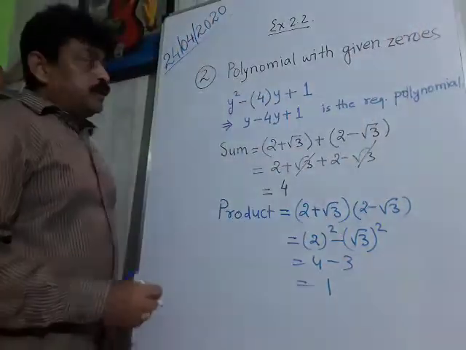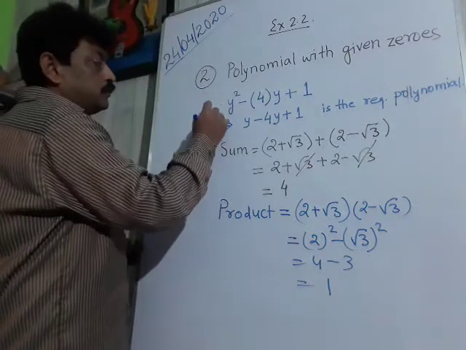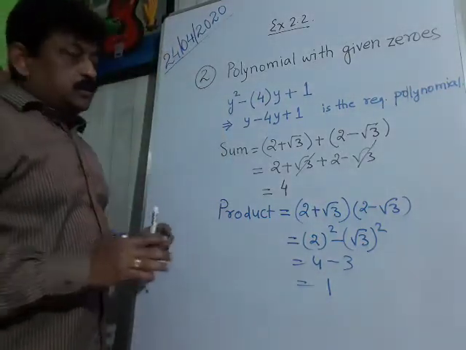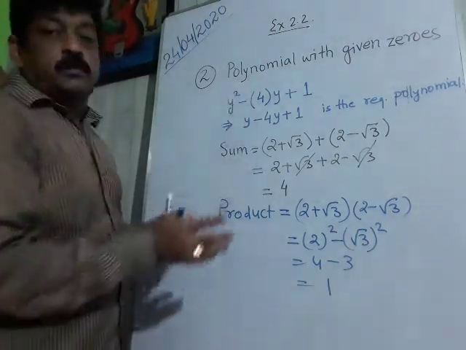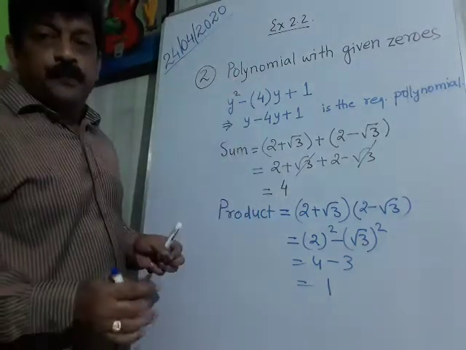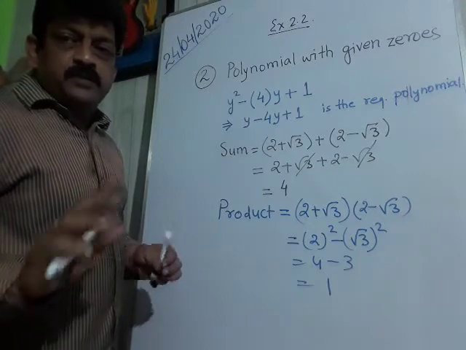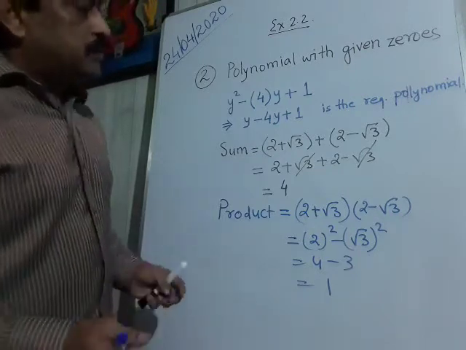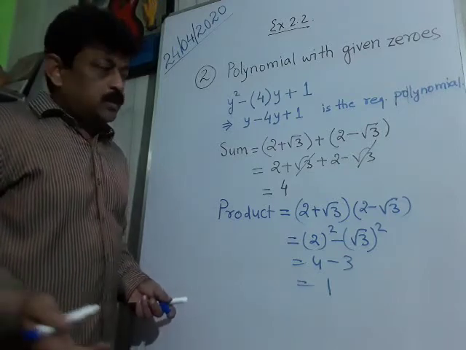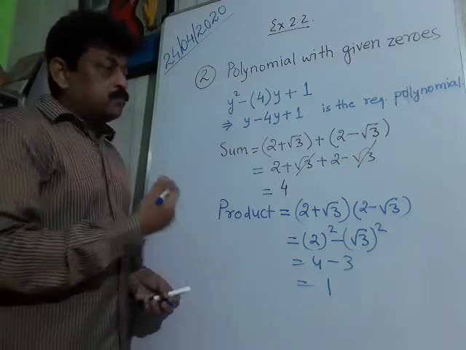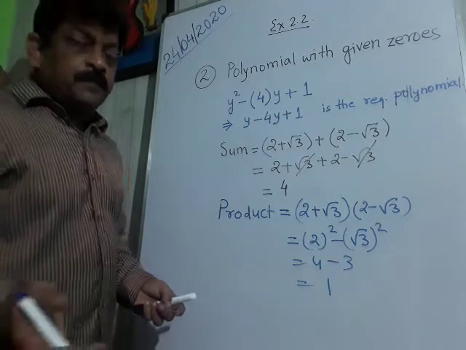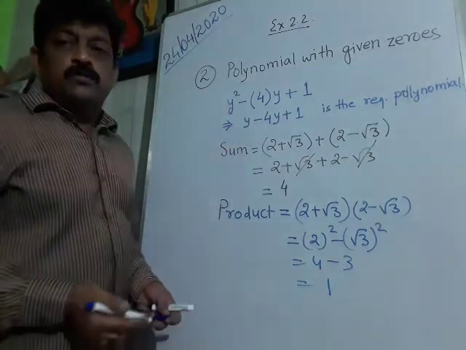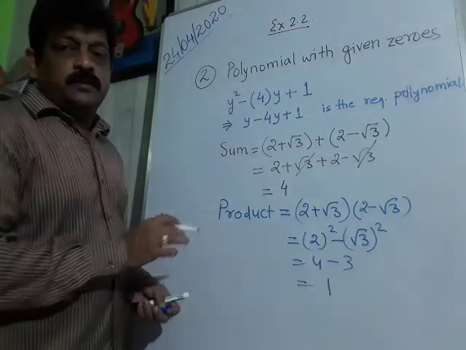So in this way, if the polynomial is given to you, we can find the zeros, and if the zeros are given to us, then we can easily find the polynomial by using this formula. Hope you have understood. It is very easy. So again, the same thing I have to say. Go for practicing. Select some more sums from your textbook, NCERT, or any other reference book if you want, and try to do the sums as I have done here.